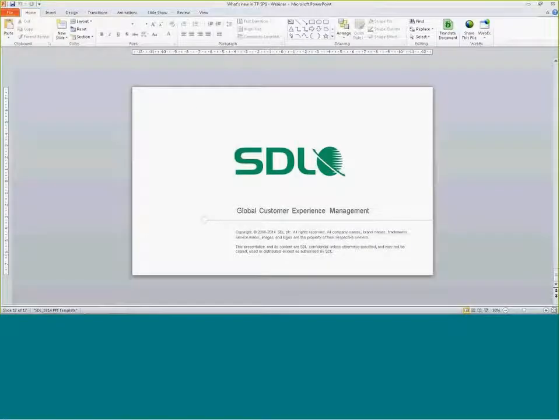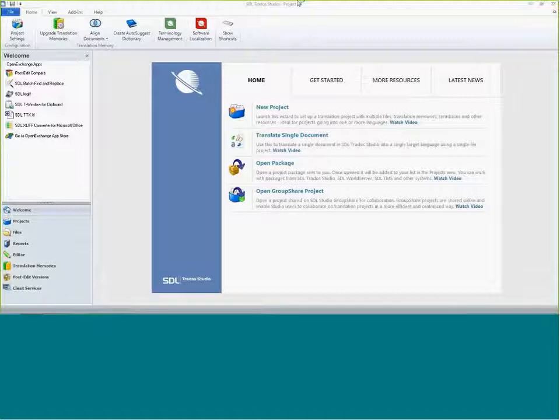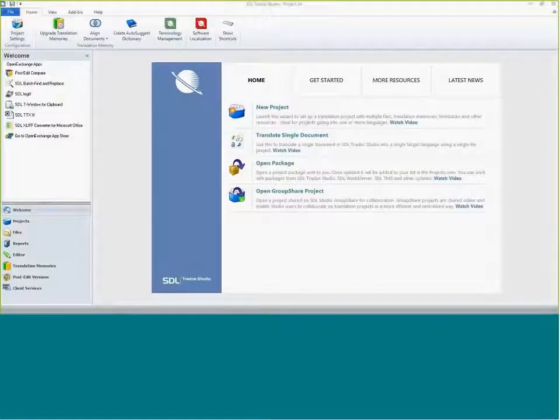This is from a slides point of view. What I want to do is actually show you a little bit in Studio. Before I do that, I wanted to show you where you'll find